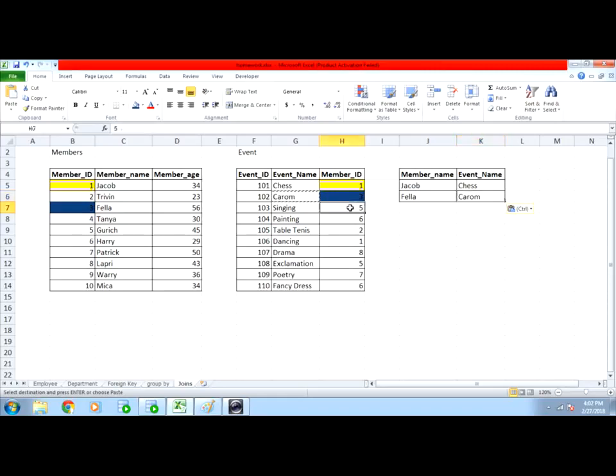Now next is member ID 5. Both are matching, meaning the search is going for the singing event. Next, member ID 6, Harry. Harry will go for painting.